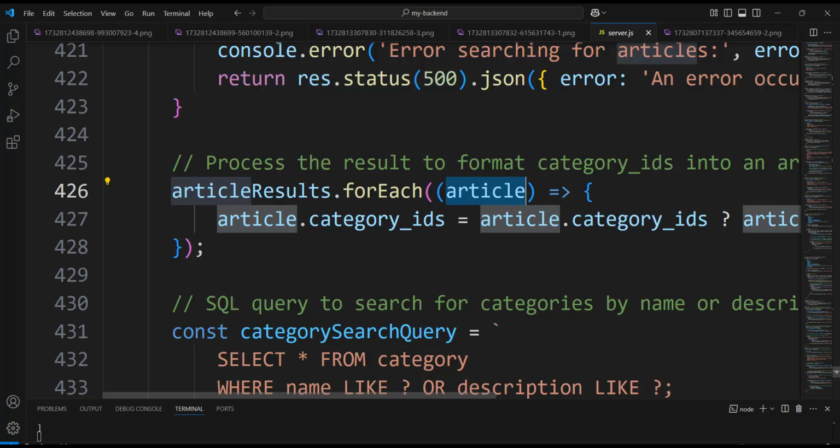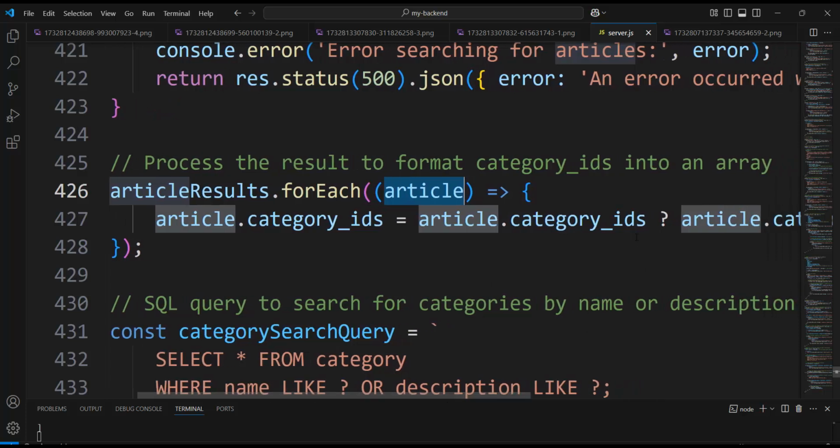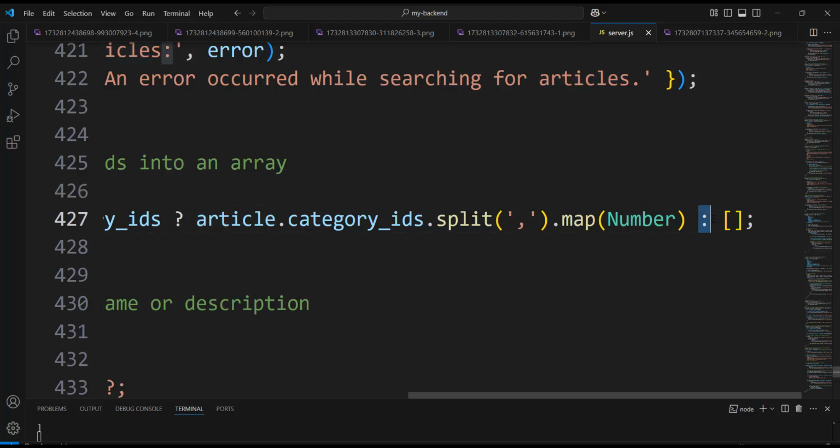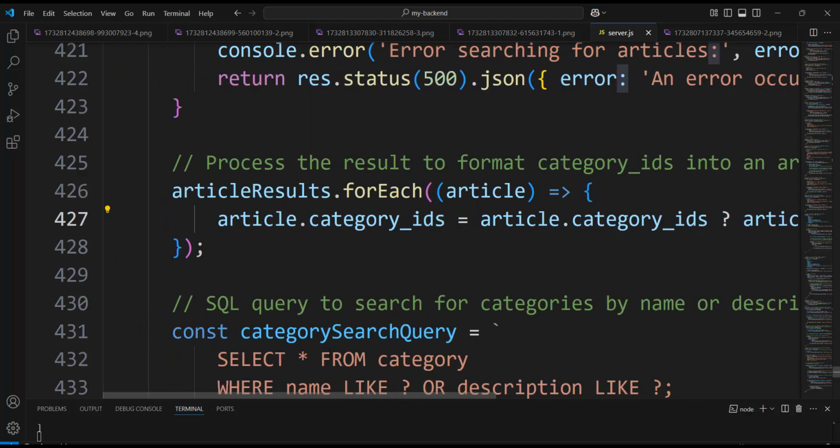At first, when I see this, I ask myself, before it is a ternary, question mark and colon, and here is a colon, means the one in front of the question mark,